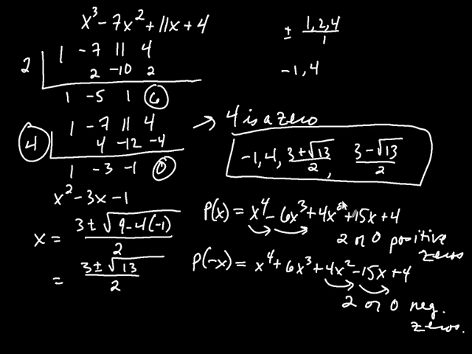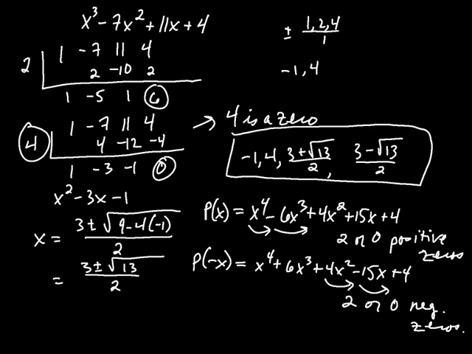Okay, and in this case we ended up having 2, right? The negative 1 and 3 minus root 13 over 2. Let's see. Let me look at that more closely here. Yeah, that's correct, right? So 2 negative zeros because, well, negative 1, but also root 13 is larger than 3, so 3 take away that number will be negative divided by 2. Okay, so this is Descartes' rule of signs, which you can do in the very beginning to predict what you're going to be getting. Let's try another one like that that uses all these different